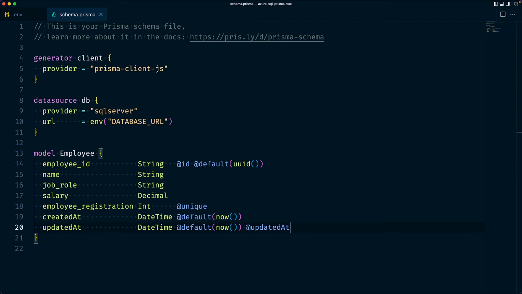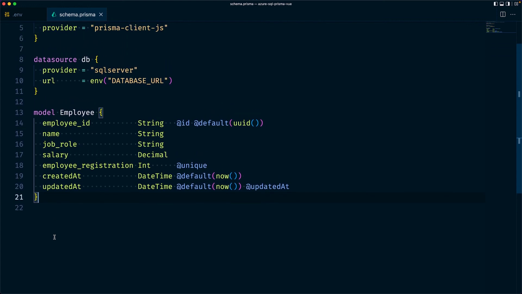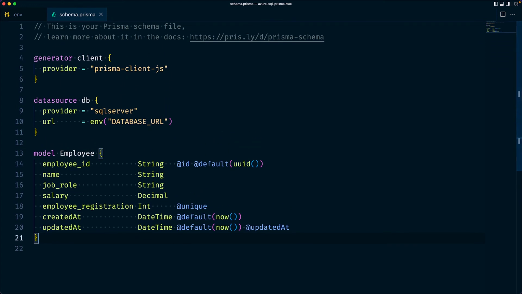Now, before we call it a day, we're going to enrich our models with something called native type attributes. Native type attributes allow you to specify the underlying database type to be used when applying your schema to the database. Now, you don't have to do this because Prisma sets default native type attributes for you under the hood if you don't specify any. So let's take this a step further and define the native types ourselves. One thing you should know is that the native type attributes vary depending on the database provider you're going to use in your project. Let's now update our schema.